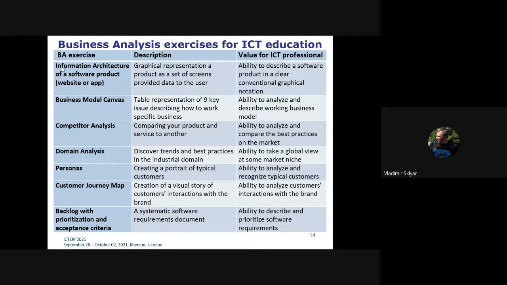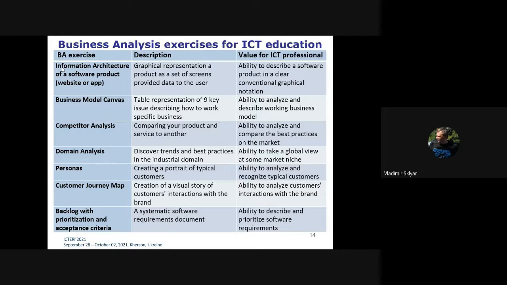Usually it's a table which represents some key business issues like cost structure, business partners, channels of distribution, and so on. Competitor analysis is easy. It's comparing our product and service with other services on the market. Domain analysis means it can be an industrial or program domain, during which we need to discover trends and best